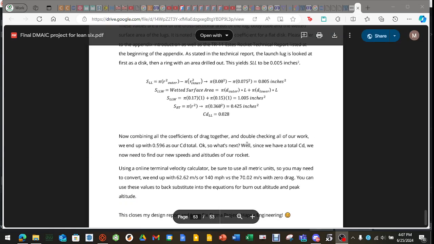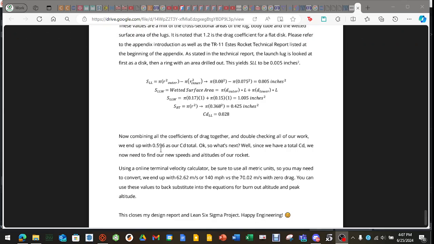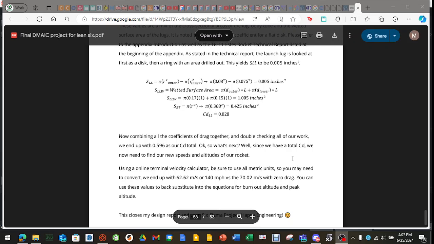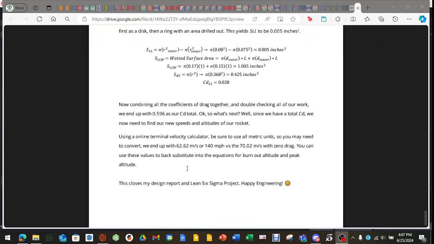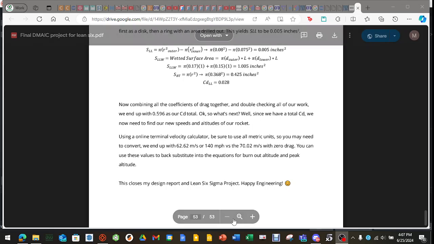And at the end, let's see, combining everything, we end up with a 0.596 as our total coefficient of drag. Now in OpenRocket, I went through and ended up with a 0.54 for the same model. So not bad. I think that's what I ended up with. Anyway,